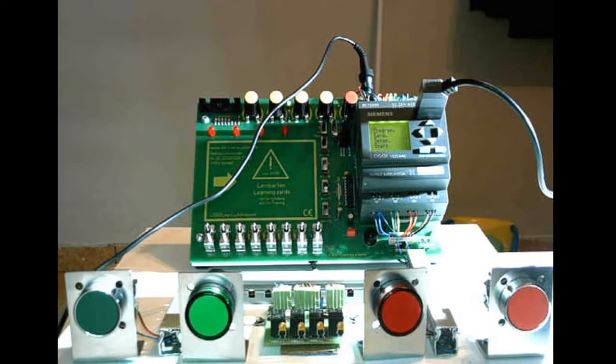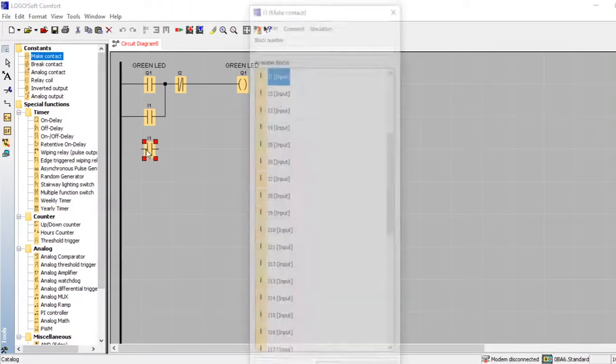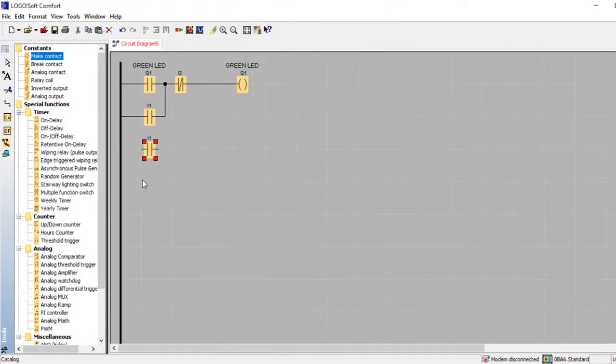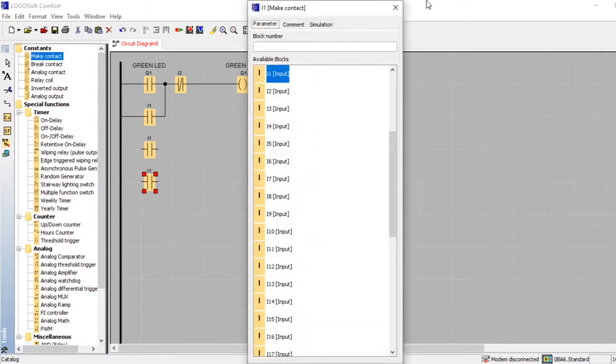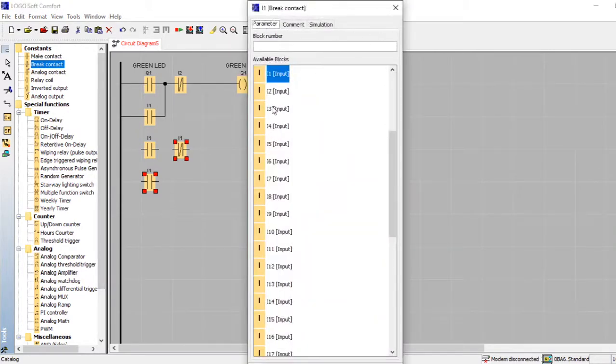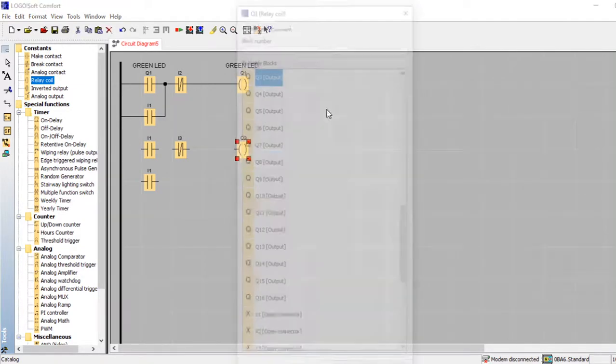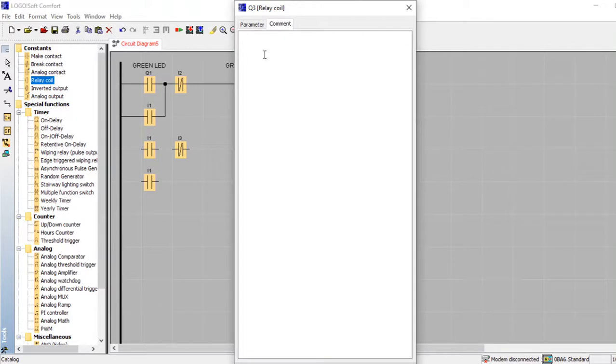Okay, next up, we have to program the red LED now. What happens when we press I2? Okay, you can just close there and then put another one. Put the one for stopping. So this one's going to be I3, and then put a coil. This is going to be the red